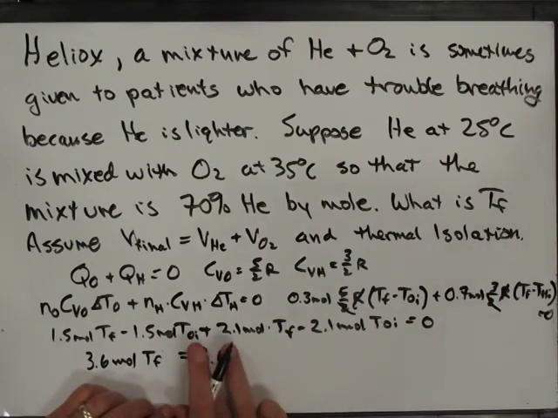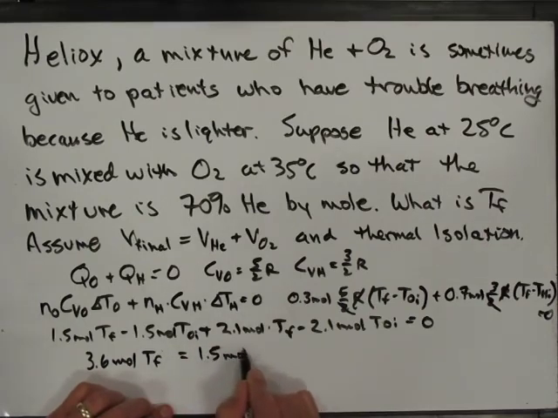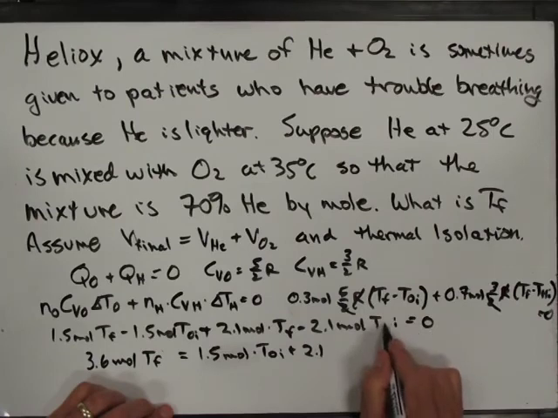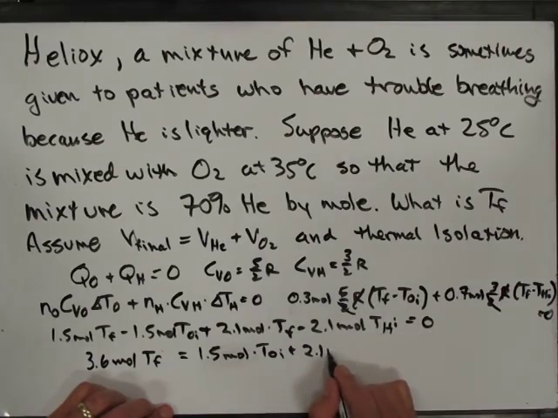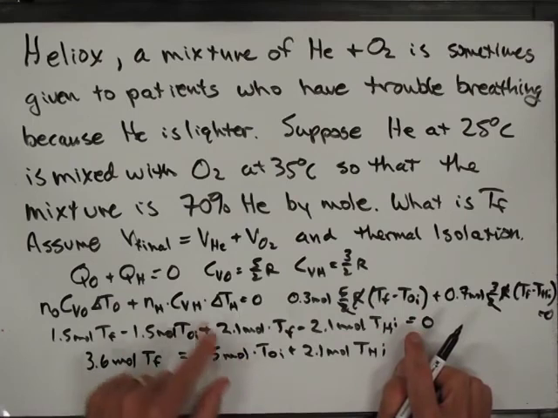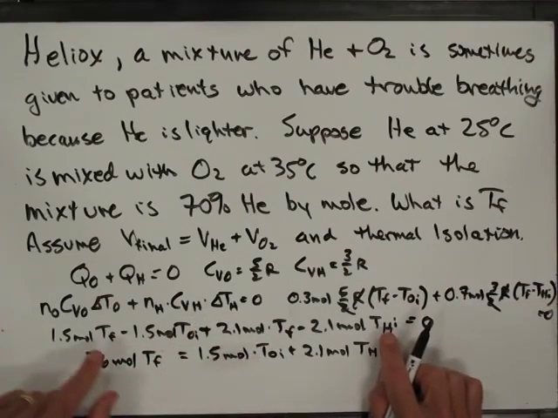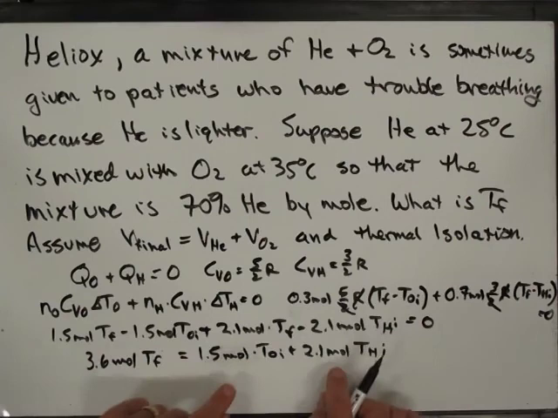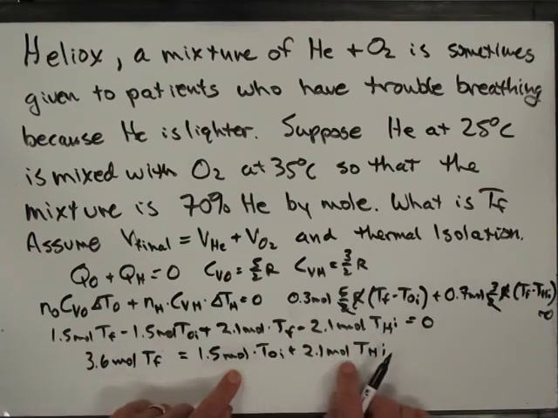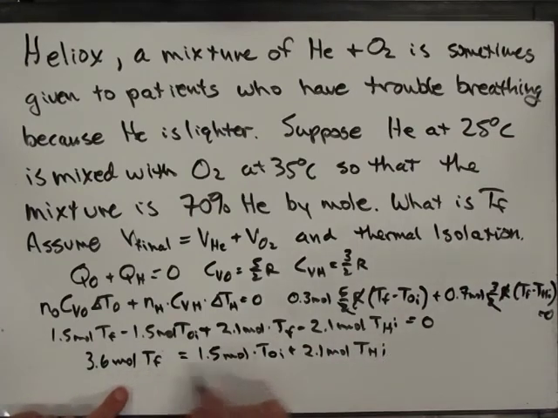3.6, sorry, no, I can't do that one. This is 1.5 moles times T oxygen initial plus 2.1 moles times T helium initial. So that should have been the initial temperature of helium. That was this guy, right? These two guys, the oxygen guys. These guys, the helium guys. I moved the negatives over to the other side. So that's the oxygen initial. That's the helium initial, and so then T final